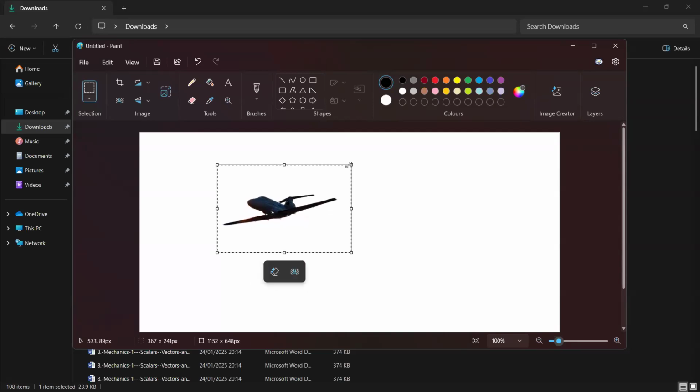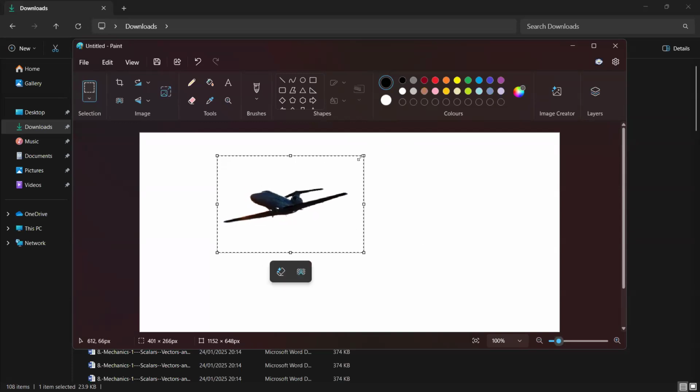Okay. Can you make it bigger a bit, so that there's a difference in the size? Make it bigger. Okay, all right. I save it as plane 4.